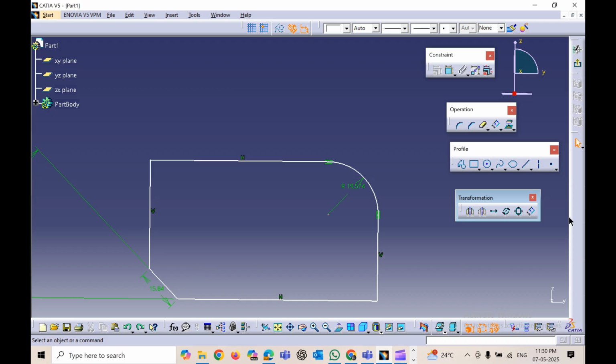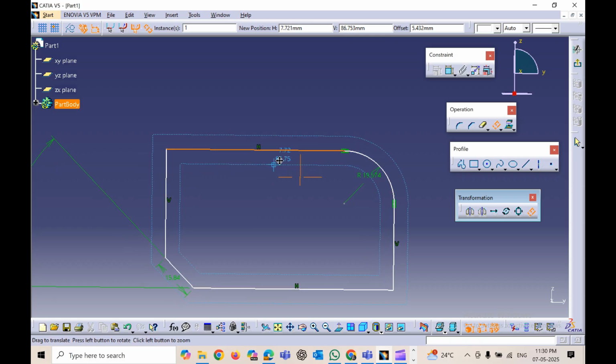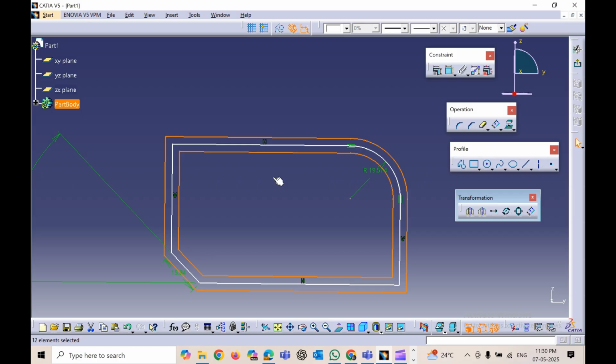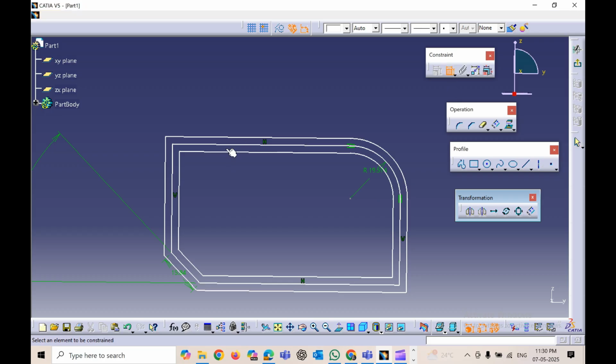Let's move to the next option, offset. And here we have an option known as both side offset. By selecting this, you can see the offset occurring on both sides. That is the advantage of this command. So you can see a certain amount of offset happens inwards and the same outwards, at the same distance. Now we can just apply the dimension and fix it. So these are some of the most important commands which we have seen in the transformation toolbar,